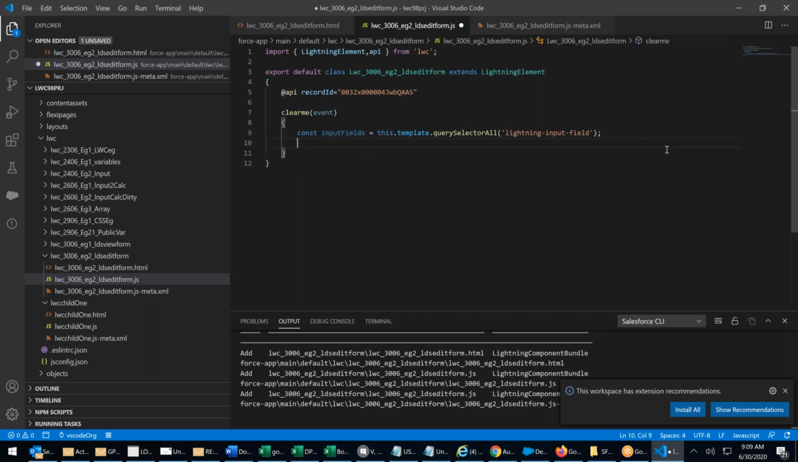I cannot clear all the fields at a time. I have to do it one by one. To do this, what will I do? Where is my data? Input field is my data. Input field